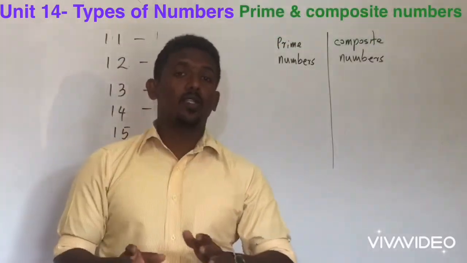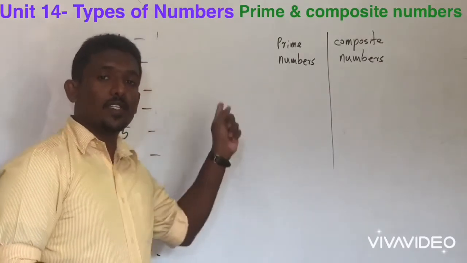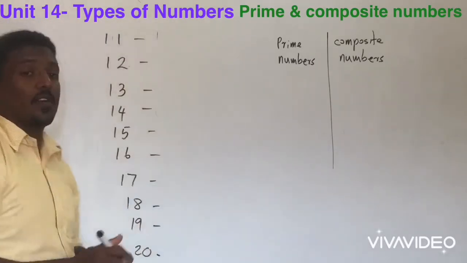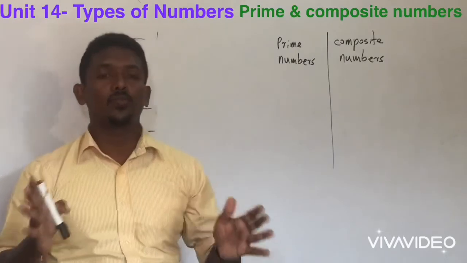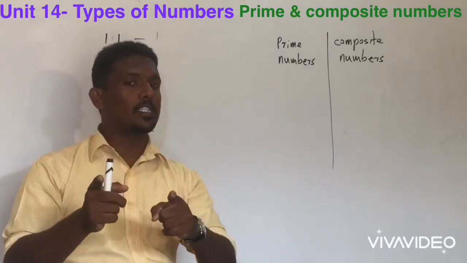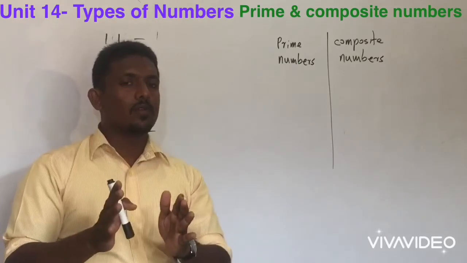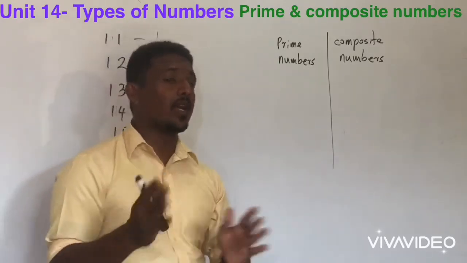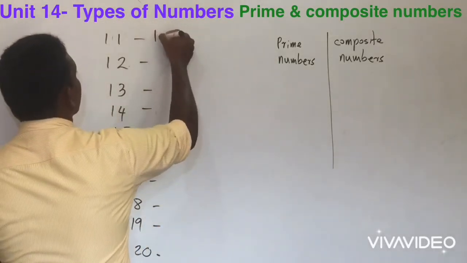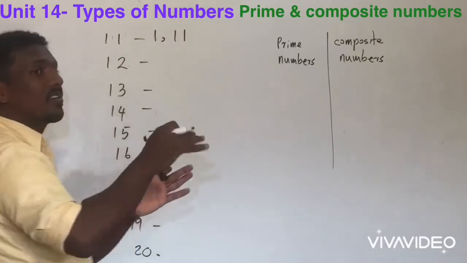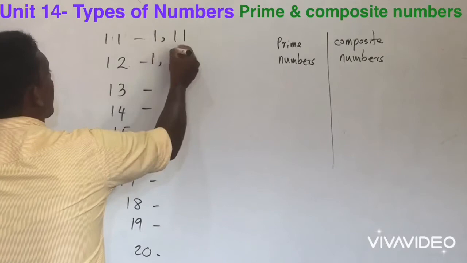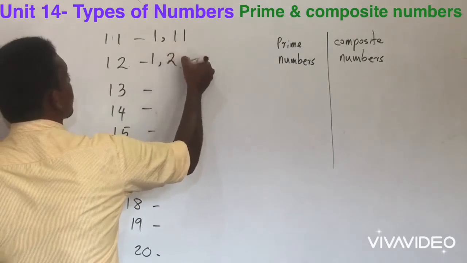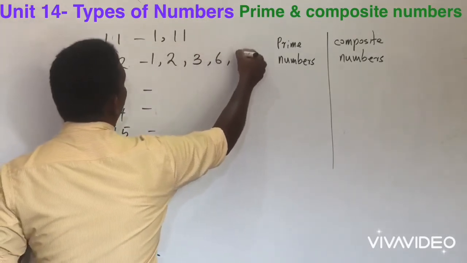I'm going to talk about all the factors of the numbers 11 to 20, the next 10 numbers, right? What are the factors of 11? How can 11 be written as a product of 2 numbers? Now think about the multiplication table. 11 can be written in only one way, 1 into the number itself. Therefore, its factors are only 1 and 11. The 12 can be written 3 ways, 1 into 12. Therefore 1 and 12 are factors of 12. Then it is divisible by 2 also, and 12 is divisible by 3, then 6, and finally